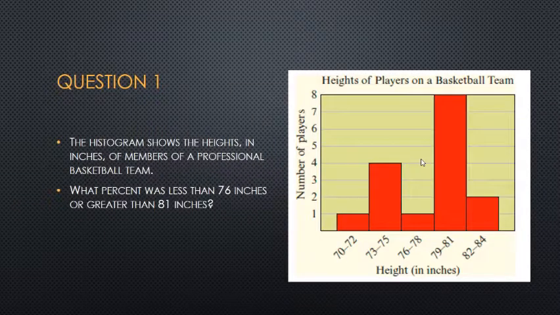All right, so for question number 1, it says the histogram shows the heights in inches of members of a professional basketball team, and we want to know what percent was less than 76 inches or greater than 81 inches. So if you remember,